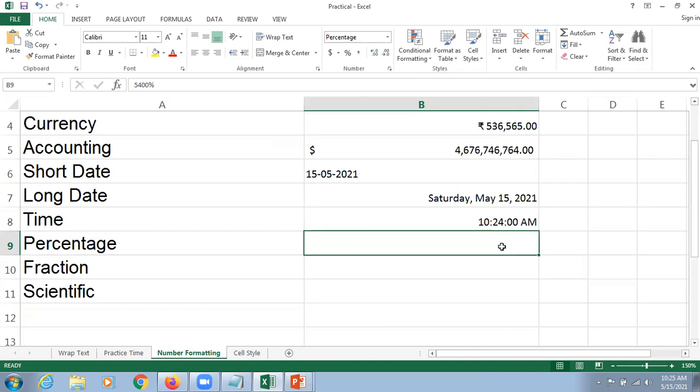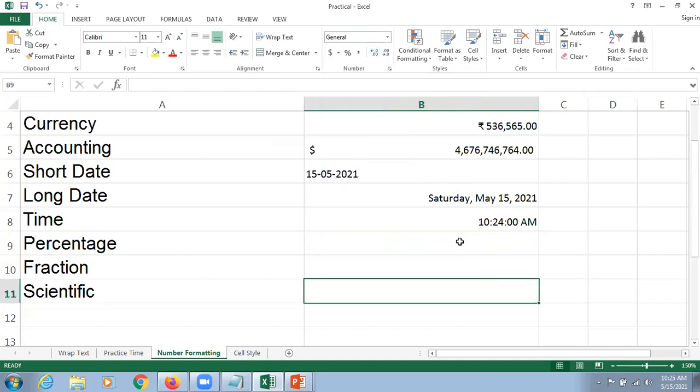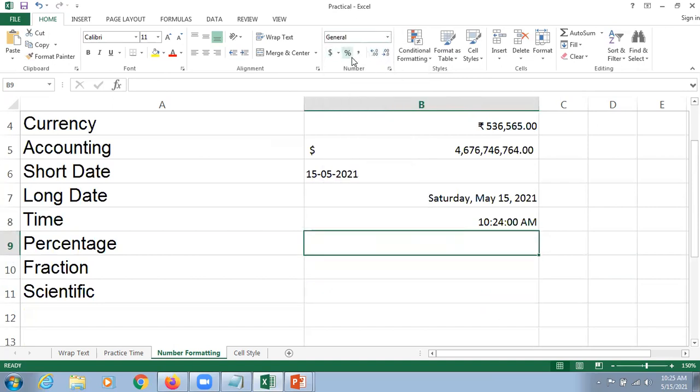The better option is to select percentage from here as well. Percentage is automatically selected, and we just mention 54% and hit enter. Now we get it without decimals or 00, and it says this is 54%.